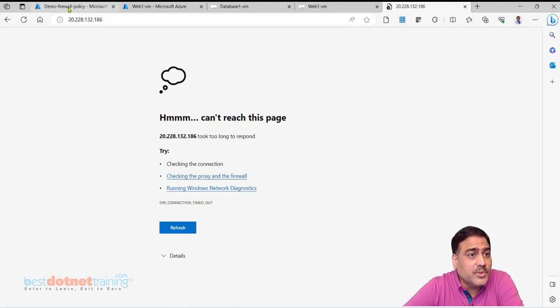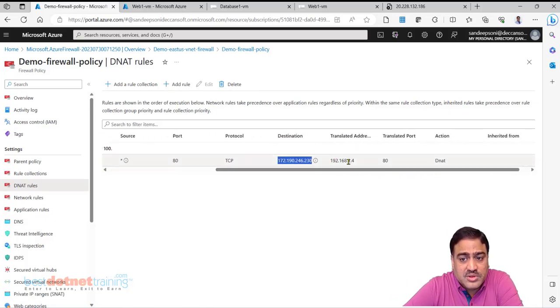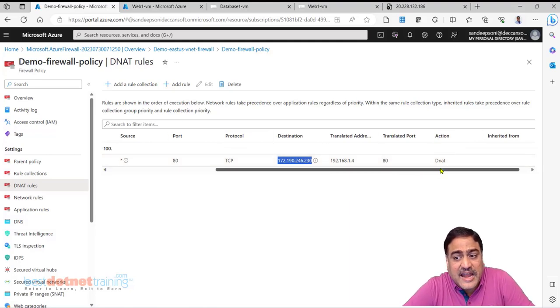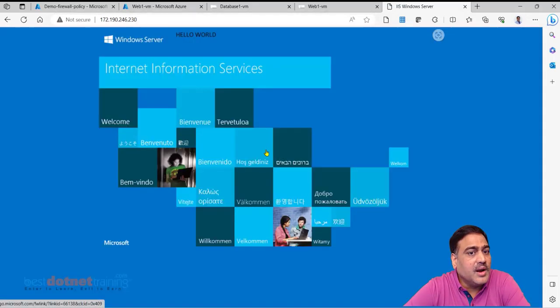We are supposed to send the request to the public IP address of the firewall. So on this address, this port will forward the request to this address, this port. This is called DNATing, Destination NAT. So I copy this and I use this now. And I'm getting it. It's the response from my web server, which is in Web1 VM.